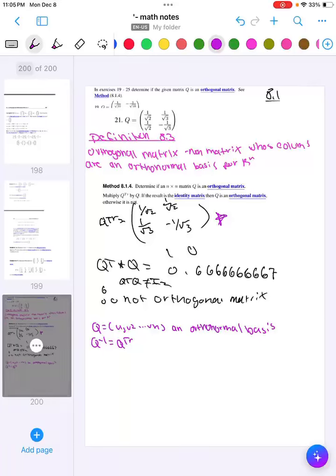Alright, so I'm going to go over number 21 in 8.1. Determine if the given matrix Q is an orthogonal matrix, and see method 8.1.4. So to start off, in the book, definition 8.3 states that an orthogonal matrix is an n-by-n matrix whose columns